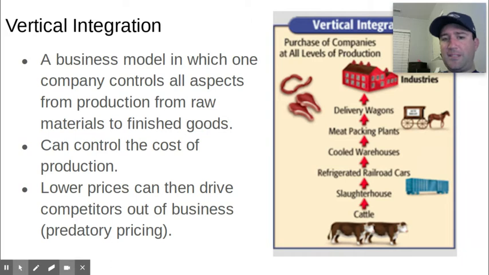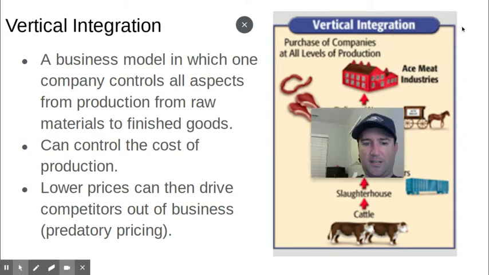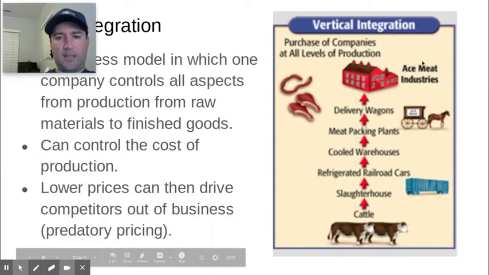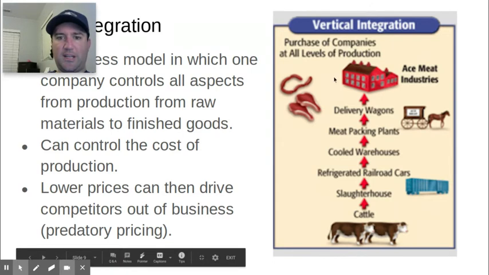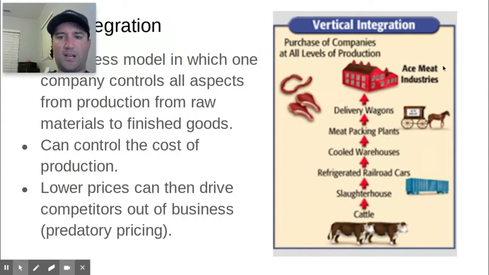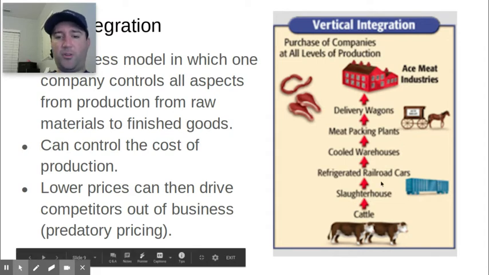if you are in the meat industry, and this is the example you have right here, in this little example, if you are a meat industry conglomerate that is trying to control the cost of everything so you can make the maximum amount of product with as little cost as possible, you want to have ownership in all the industries and all of the services that are necessary in order to make that product. So you own the grazing land in which the cattle are grazing. You own the slaughterhouse. You own all the refrigerator railroad cars.